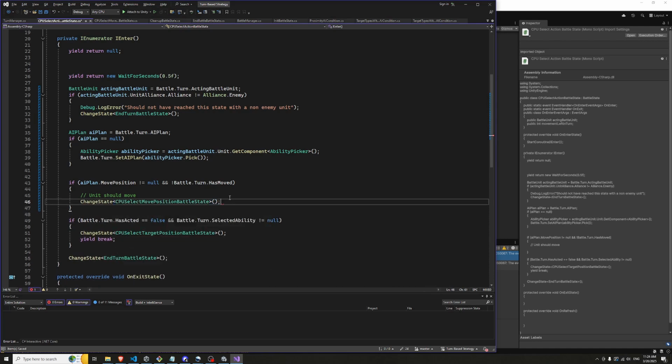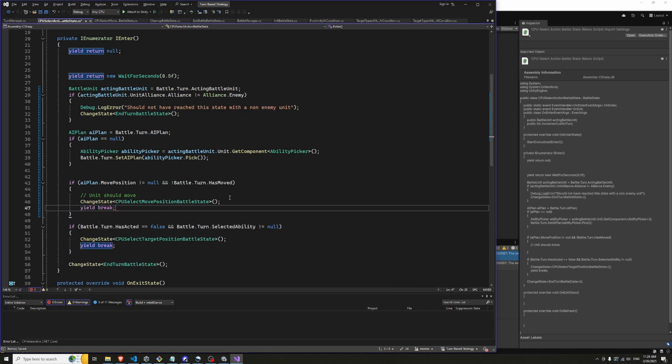Select move position and yield break. So once it's finished moving, it should return to this state. It will get the AI plan, which would not be null because it's already picked one. And then it'll get down to